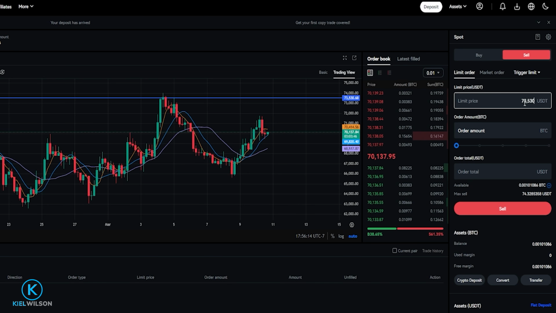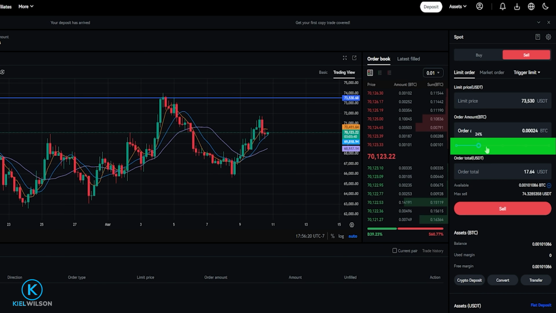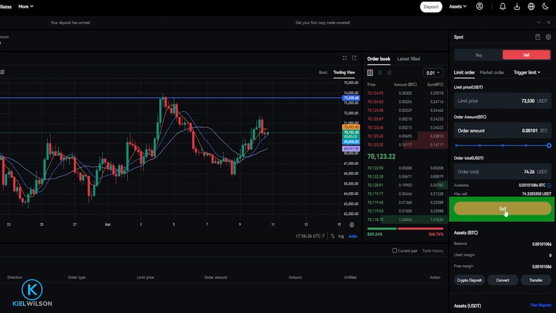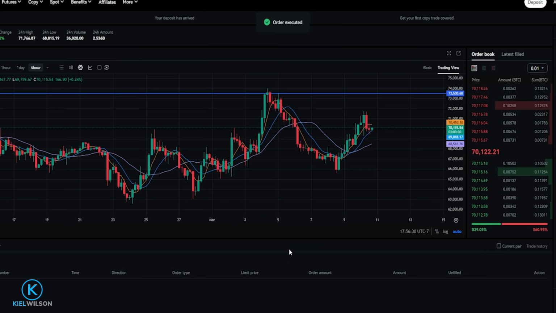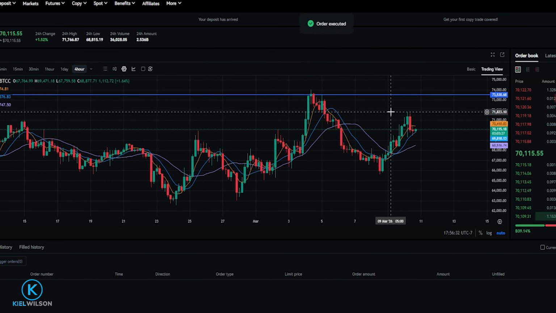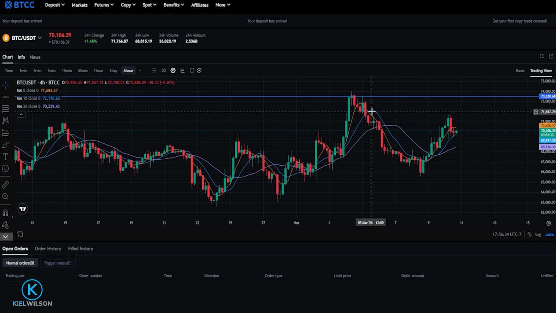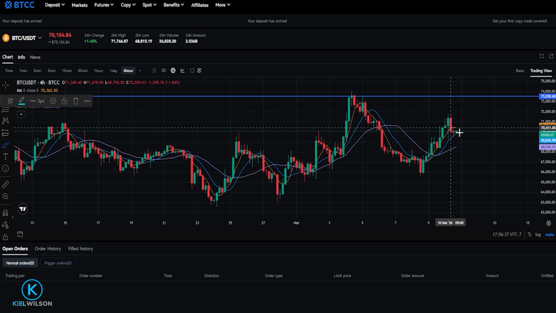73,530. Now I need to choose how much of my Bitcoin I wish to sell if that price point gets hit. And I'll just go ahead and use the slider bar here. I'll put it up to 100%. Now that I have my order set up the way that I want it, I'm going to click here on sell. And I'm going to click here on confirm. And now I've placed that limit order onto the order book to sell my Bitcoin if Bitcoin was to rise up and hit